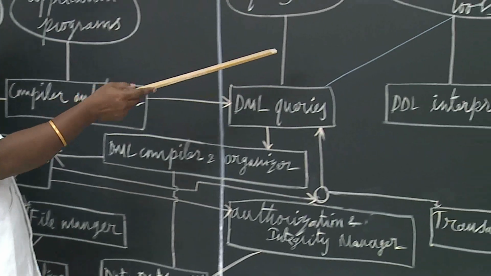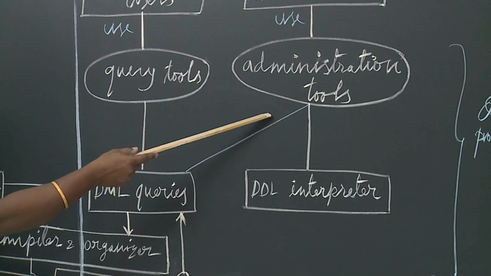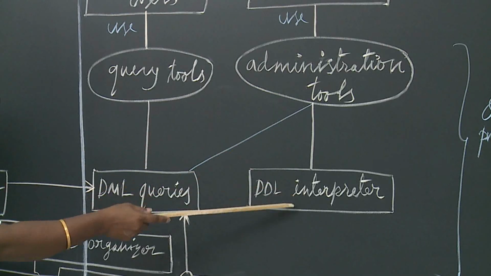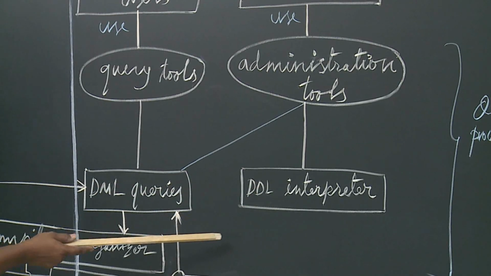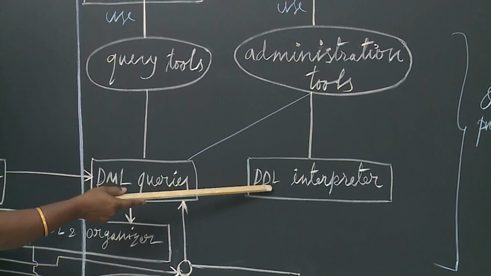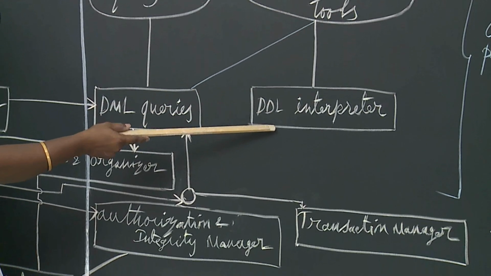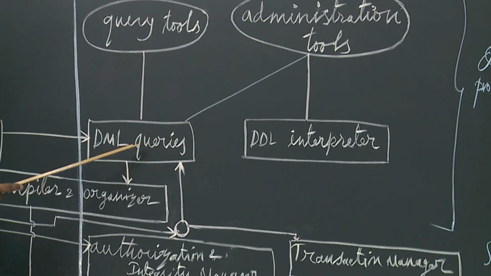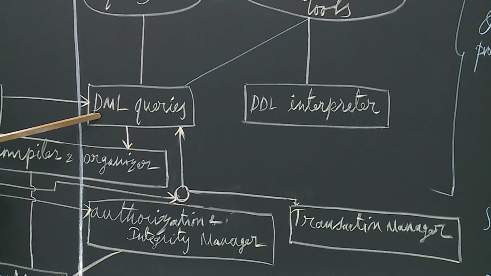The same way, the administrator tool details. Whatever he tries to access is interpreted through this DDL interpreter. The database design is checked, including the integrity constraints and all, by this DDL interpreter. So this administration tool's details are linked with these DML queries. So